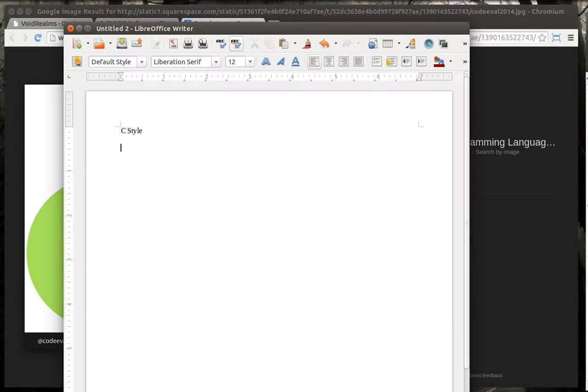All right, so a C-style language will have a comment. A comment typically starts with a double slash. A comment is strictly for your benefit. Basically it means, hey, you can write notes to remind yourself what you did. When you declare a variable or even a constant, you'll have to give it a type and then a name.